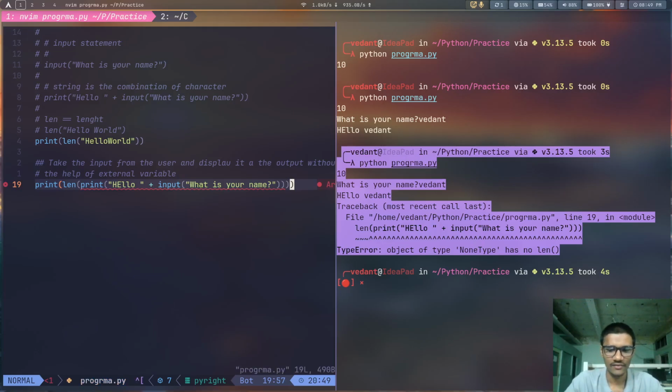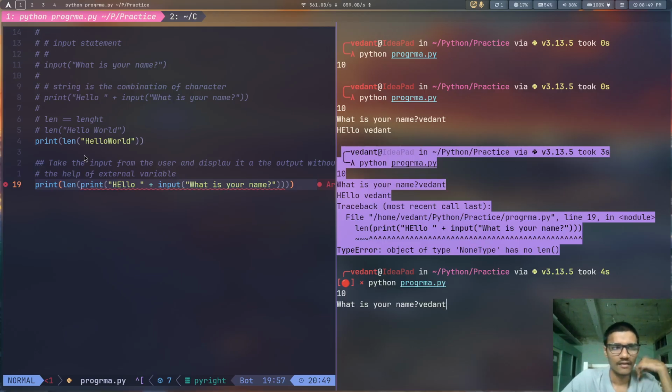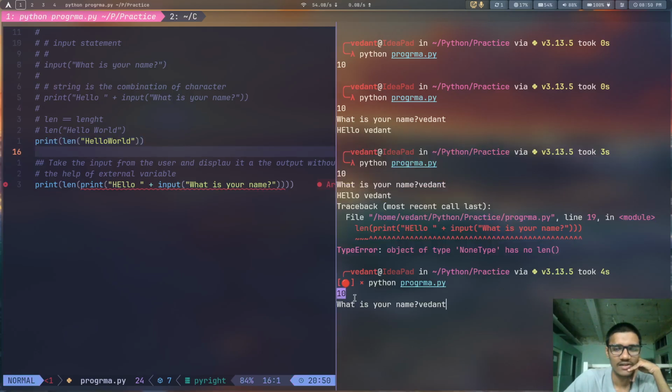Let's see, does it give the same error? Python dot. This is the interpreter. Here this print statement is without syntax error, so the interpreter is giving the output which was needed.